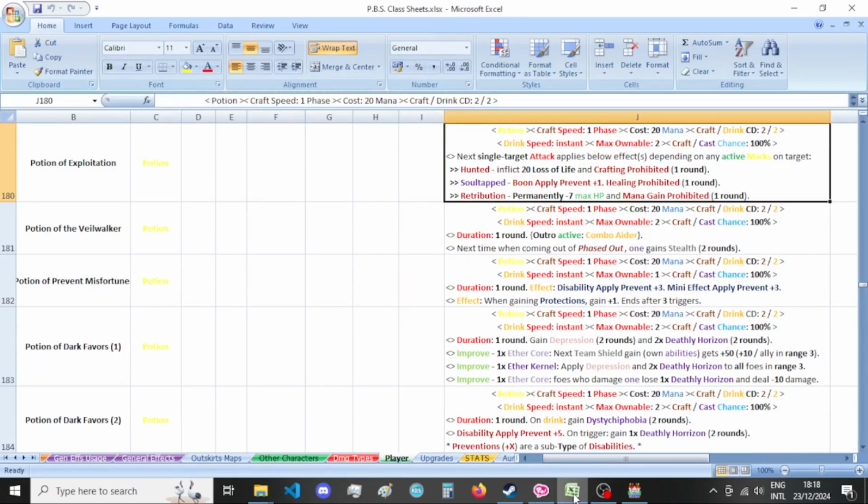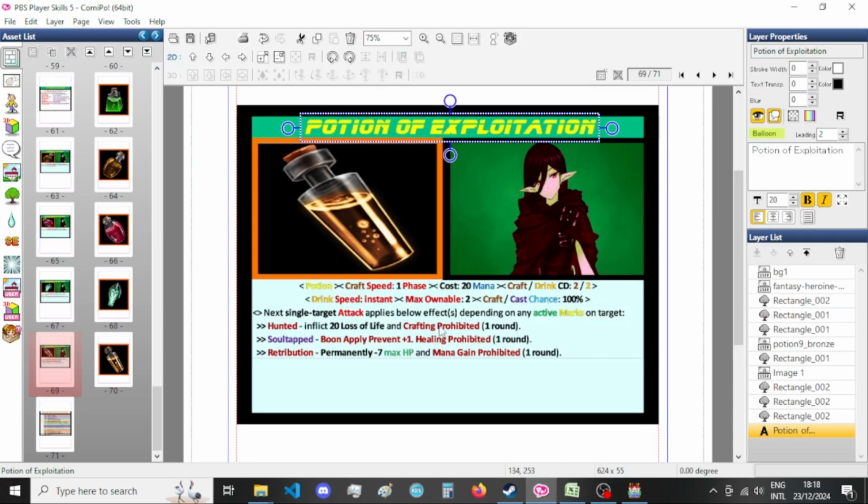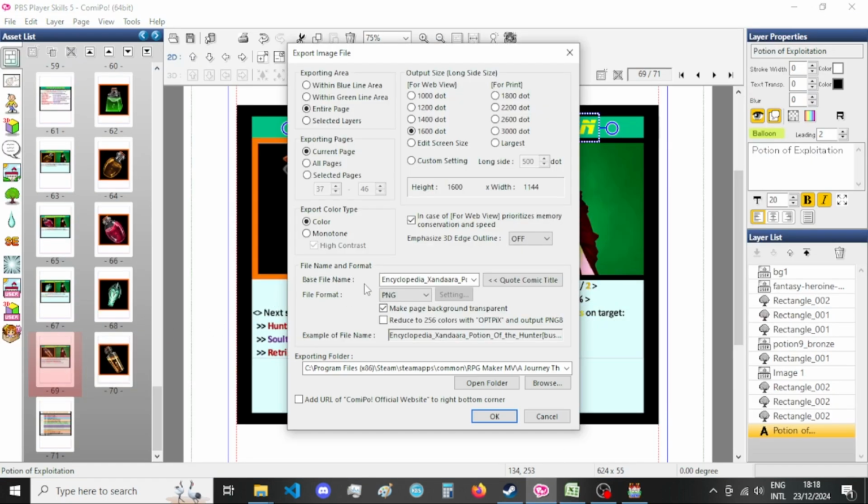Exploitation. Okay, so time to save it. This one is not the encyclopedia version. Potion of